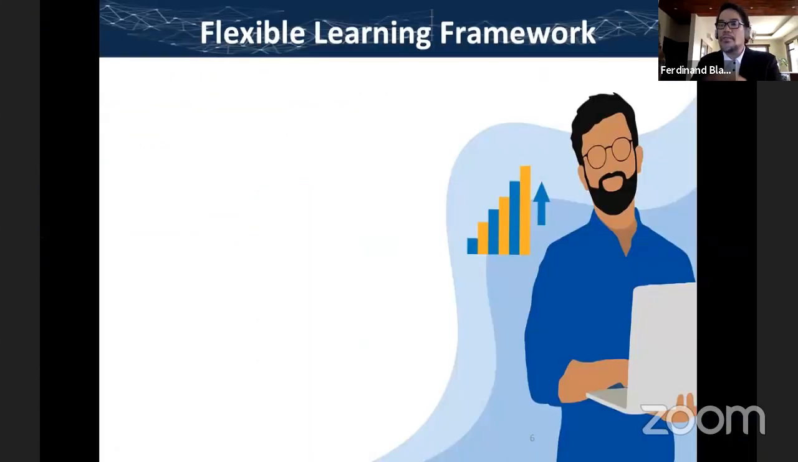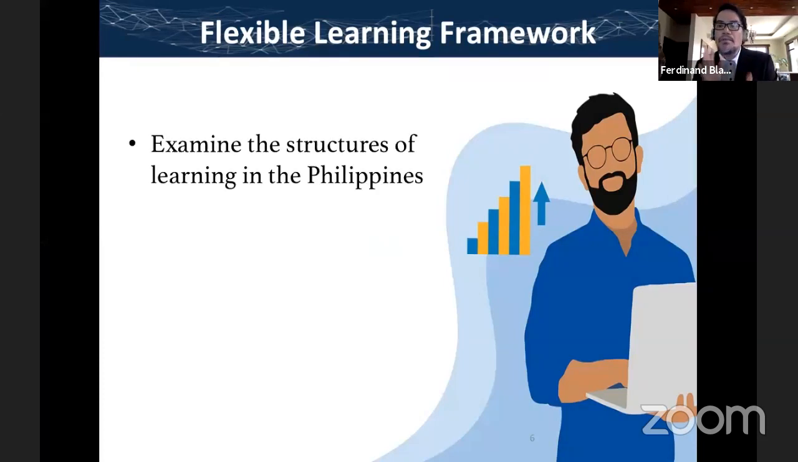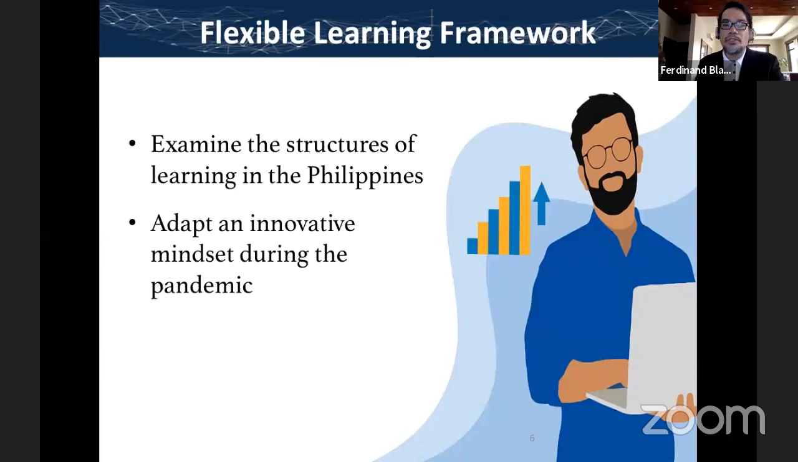participation. Okay, so in this discussion, we would try to examine the structures of learning in the Philippine context, what learning was before and during the pandemic, and hopefully after the pandemic, we could come up with some flexible learning framework. Also, I want you to adopt an innovative mindset during this pandemic. I want you to be open to suggestions and recommendations on how we could creatively design our courses, how we could innovatively and integratively assess our students, and at the same time, how we could guarantee safety and wellness